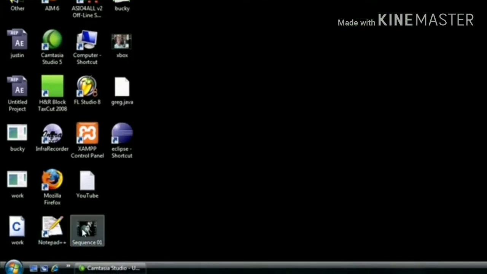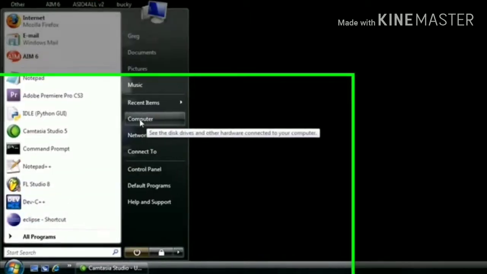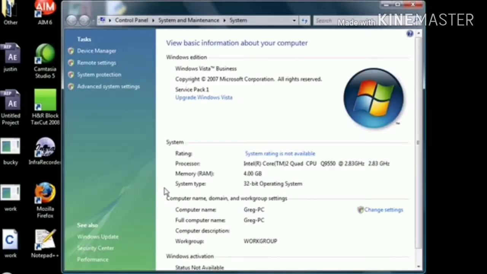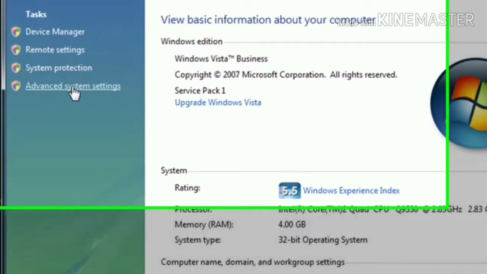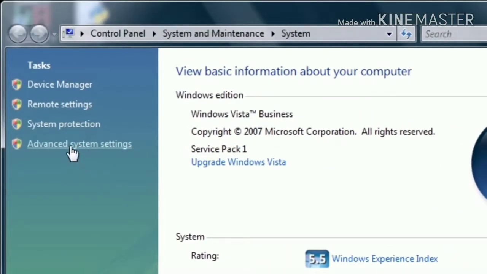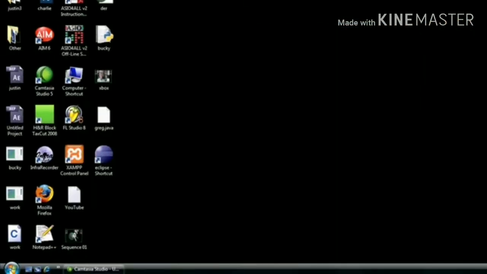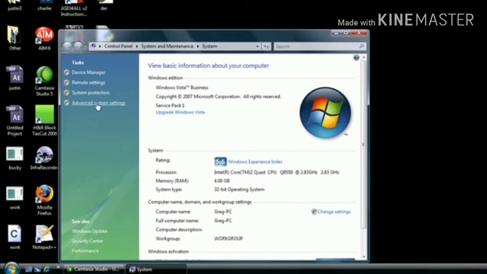So how do we tell your computer to look there? Well, go ahead and click My Computer again from your start menu, and click properties. Remember, you want to right click it and click properties. All of these are very important. Go ahead and click advanced system settings, and probably a little message is going to pop up. So my computer, properties, advanced system settings, there we go, continue,